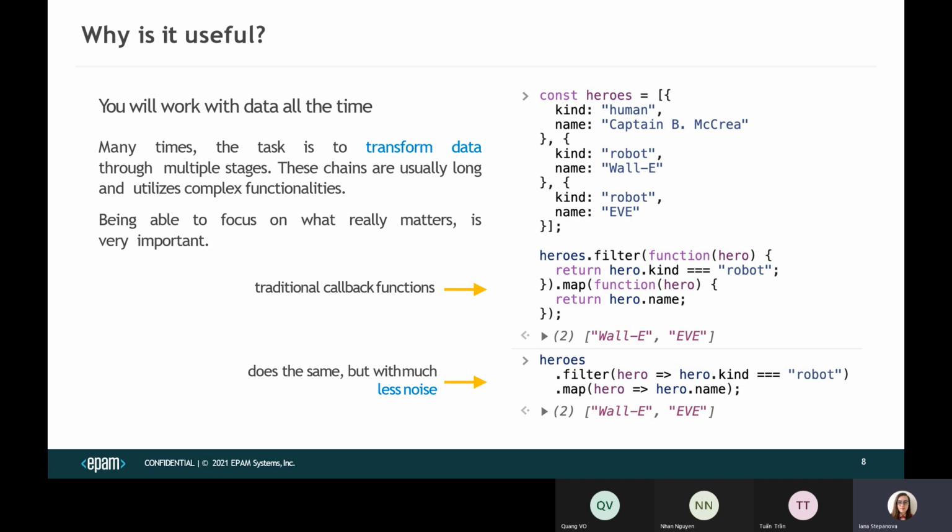So for example, here we have an array of objects called heroes. And then with traditional callback functions, for example, we want to filter this array. We want to filter it only for objects which have kind equal to robot. And then we have to map each of the filtered items in this array to return only the hero name. And with arrow functions, we can see that thanks to its syntax, this code looks much more concise and actually easier to write. Like you don't have to think about all of these parentheses that you cannot get rid of